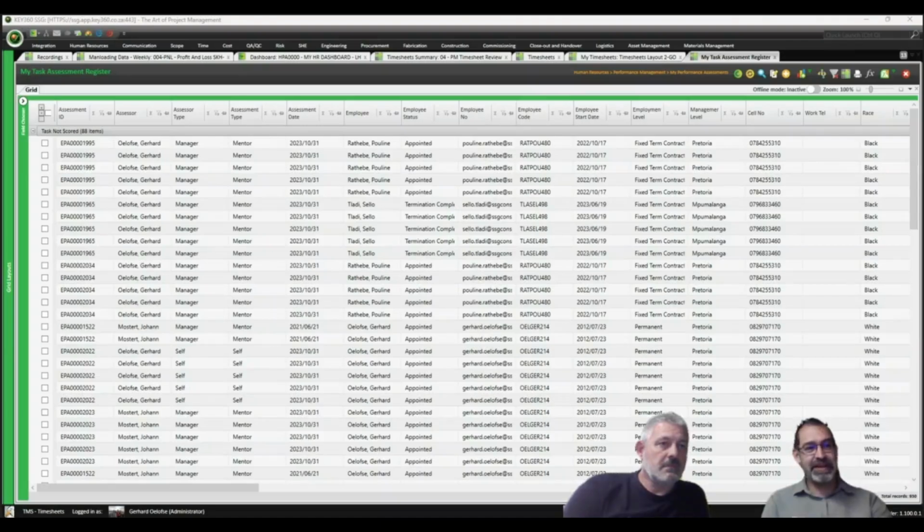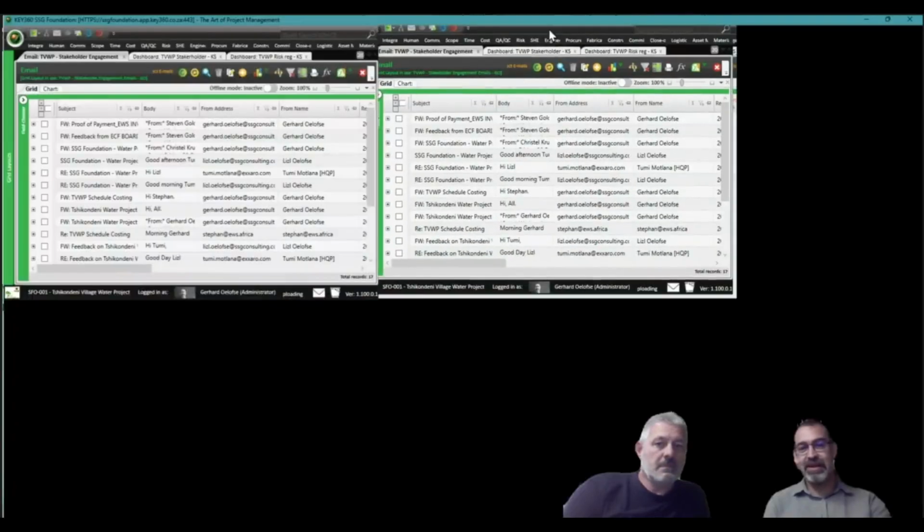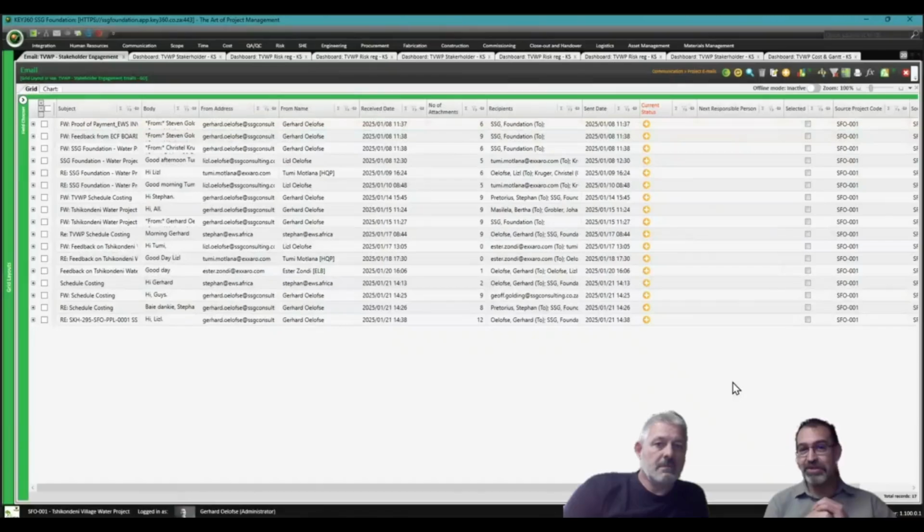at that specific correspondence. So as Johan was just explaining now, I was logging into another project here, something internally that we were busy with, or that we are busy with. And you can see here the email register that I just opened now actually has all the emails here in the form of line items again. And you can see them in sequence with time date stamps again. You can see who it was from, who it was to, the contents, etc., etc. So very, very impressive to have a system like this. All you need to do is just to CC a specific email address for your project inside KEY360, and it will end up or land up in here in this register for you to have as proof in the court